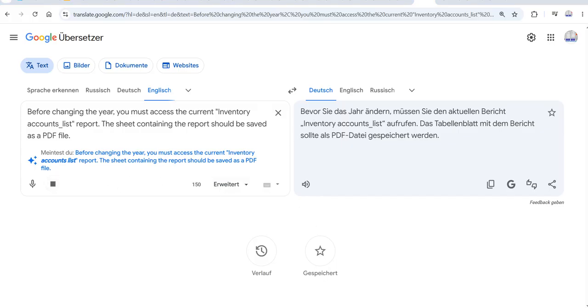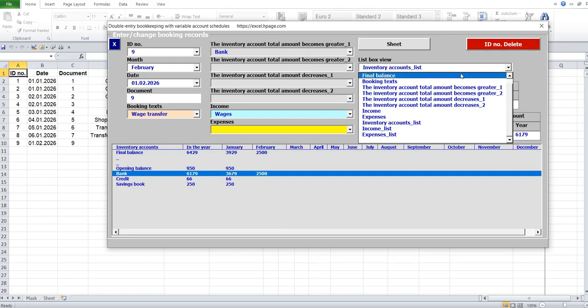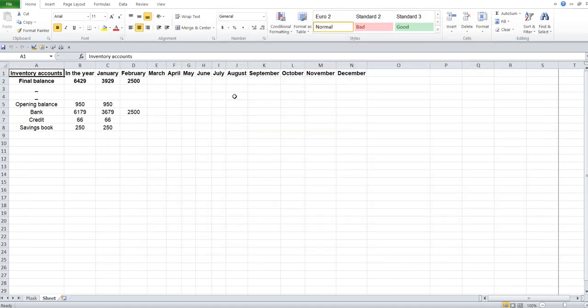Before changing the year, you must access the current inventory accounts list report. The sheet containing the report should be saved as a PDF file.